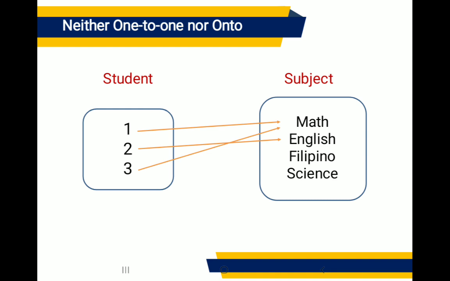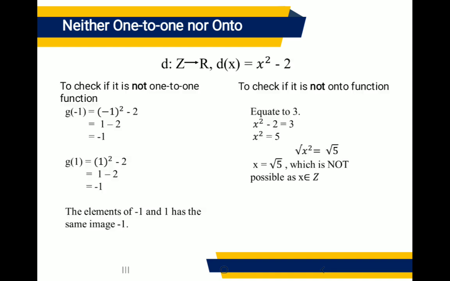So, masasabi natin din hindi siya onto function because hindi lahat ng element sa subject, sa column na subject, ay meron silang pre-image si student. So, ang wala ay yung subject na Filipino and Science. Wala silang pre-image. Next. So, D is the mapping of Z